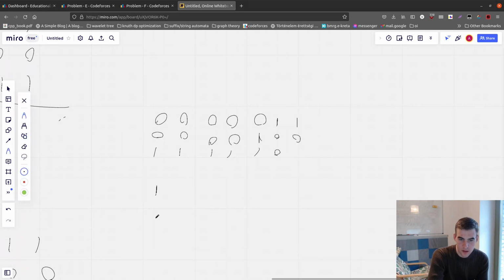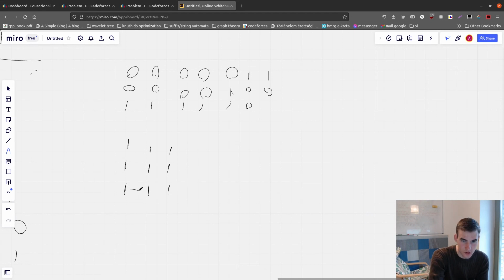These graphs that I have here are bipartite. That's cool. Here it would actually be just a tree. So the only